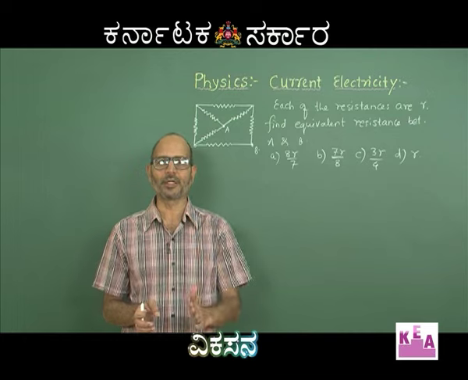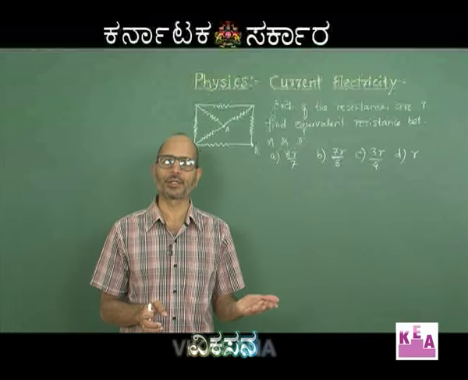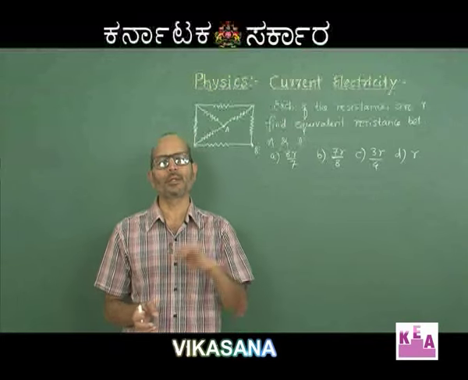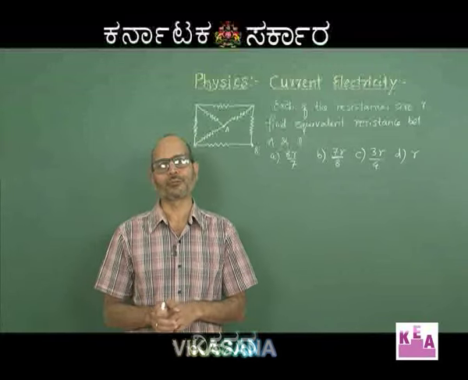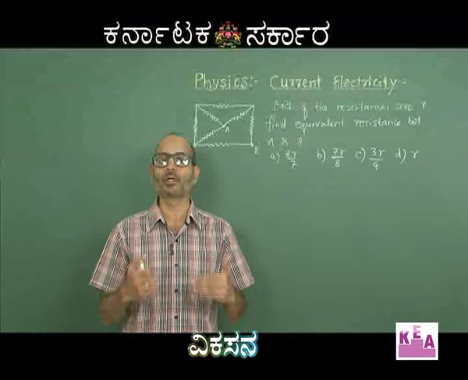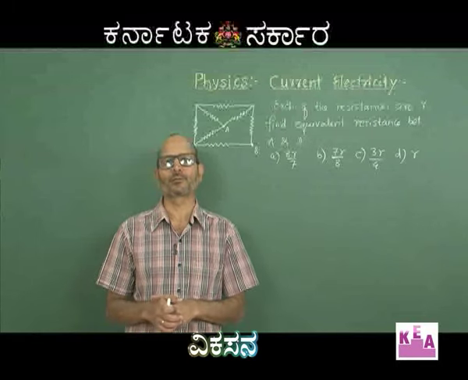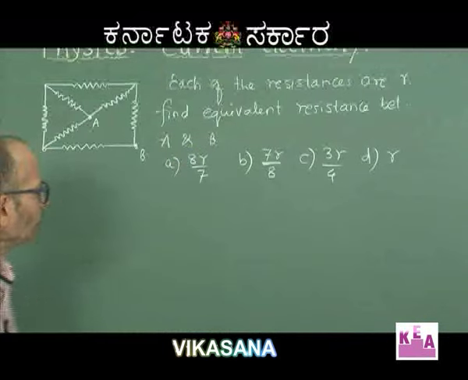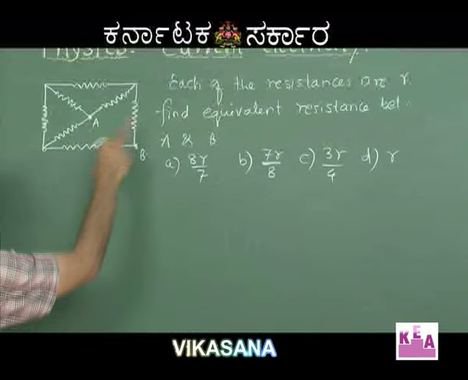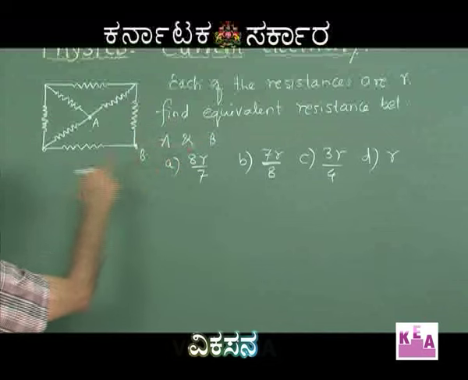Last time you had kept a mirror, you had identified the circuit elements on one side of the mirror and their mirror images on the other side, and you had taken the current flowing through them to be the same. This time we are simply going to fold the network about the line of symmetry, but AB itself is the line of symmetry. Fine?